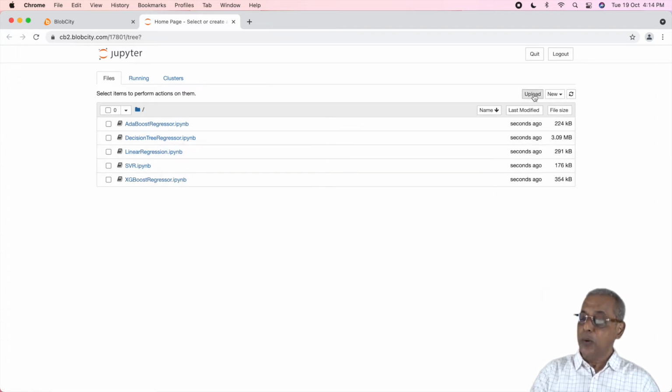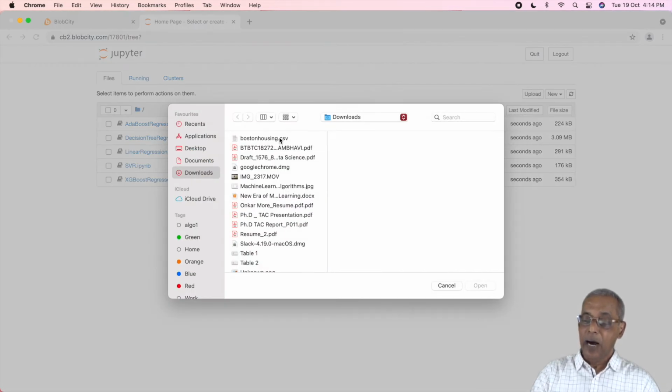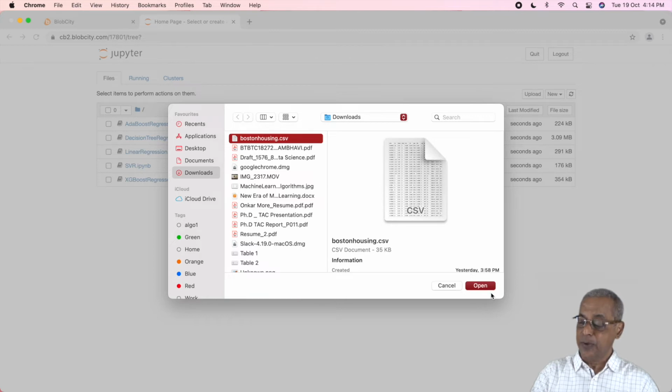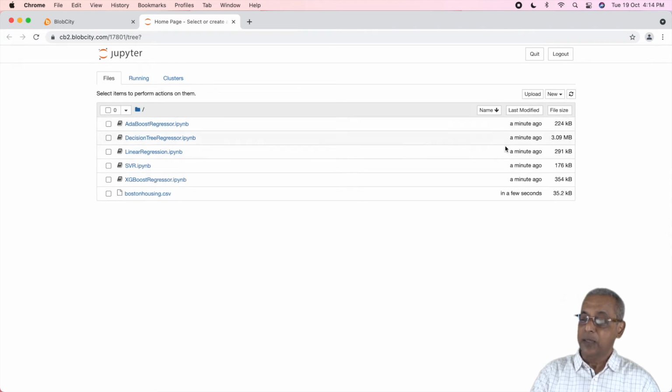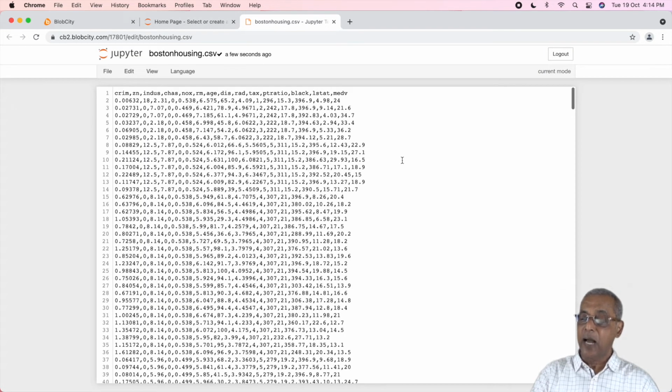I need to upload my data set. So I click on the upload here. I select the Boston Housing CSV file, say open here, and I upload this on their server. Now this is a file which is uploaded, bostonhousing.csv. You can click on this file and have a look at the data set. Now on this data set, these 13-14 fields will be used as features and the last field, which is the median value, will be used as a target price for my model development.